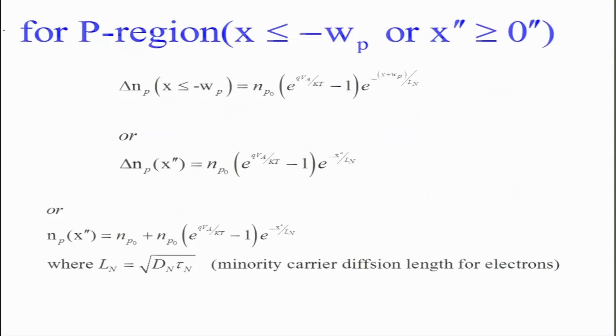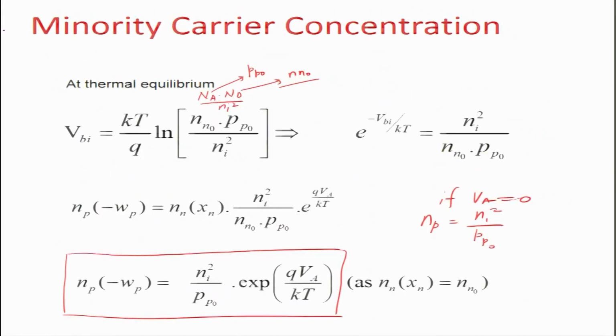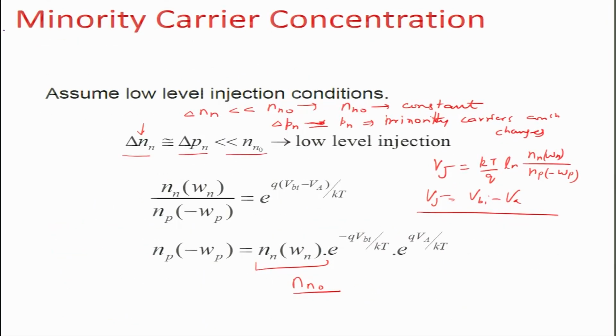So basically, if I just recap for the sake of clarity, what we did was we first worked out the electron concentration as a function of applied bias, and this is very simple from the junction potential expression. Junction potential can be obtained from the balance between drift current and diffusion current, and applying the Einstein relation, you get an expression for minority carrier concentration in terms of applied bias, and this you can do for both